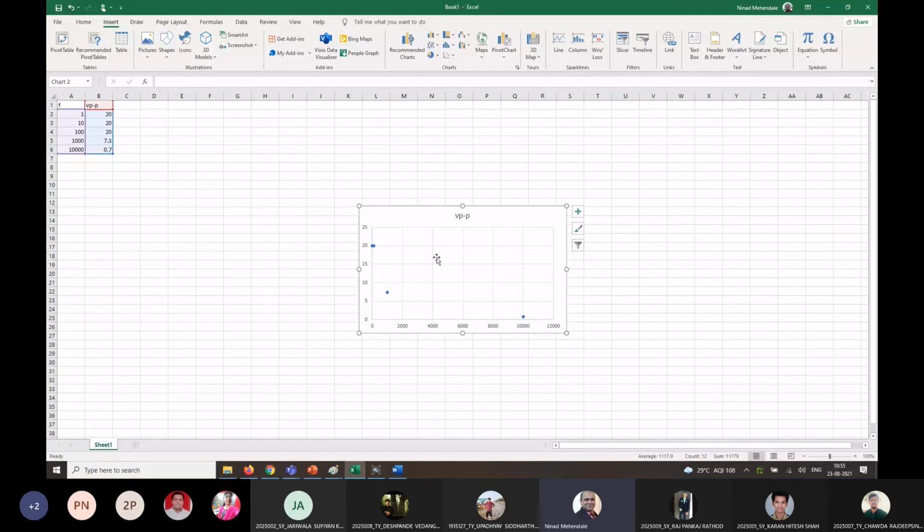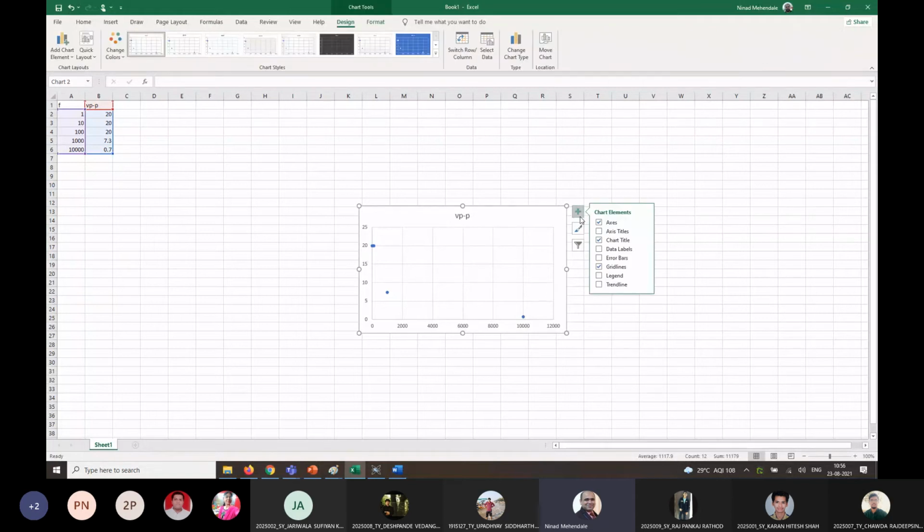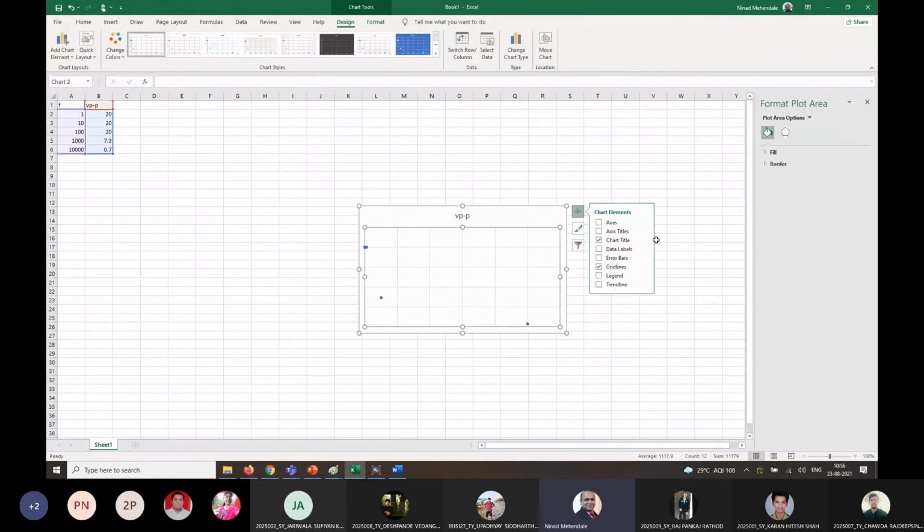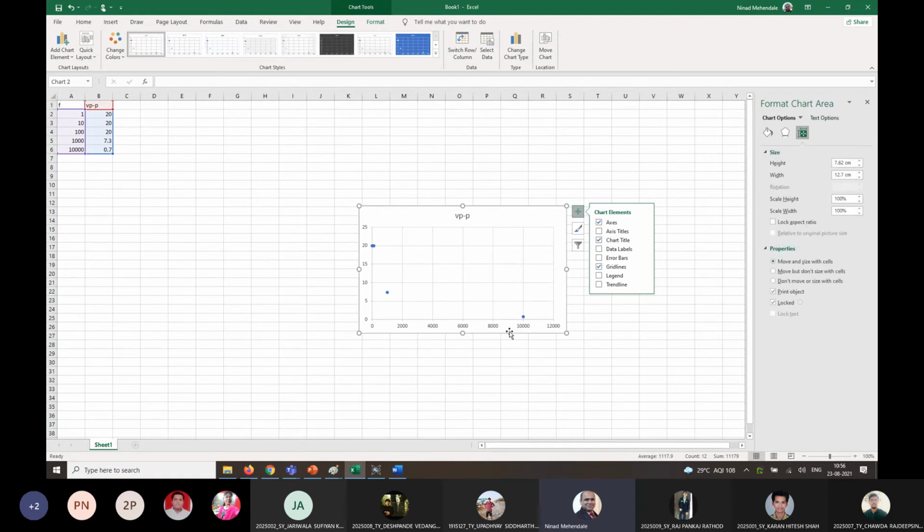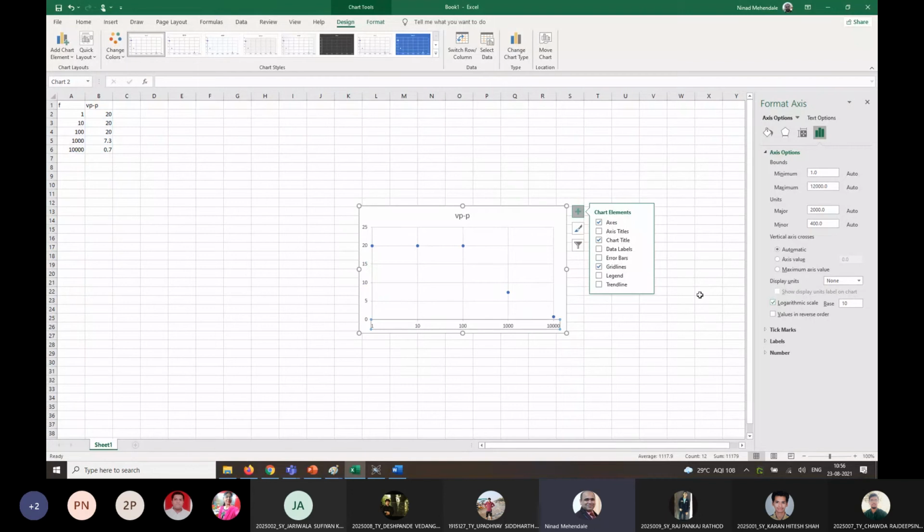Let me go back to this. Okay, now it is perfectly plotted, but now I need to change the axis to logarithmic. So let us click on the axis and double click on it. Yeah, let me have a visible axis and go to the axis options. Somewhere it should allow me to change it into the logarithmic scale. Yeah, this is the final output, and you might need to see the fitting to it.